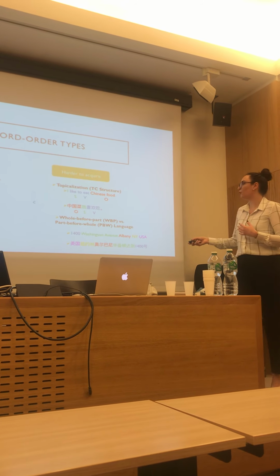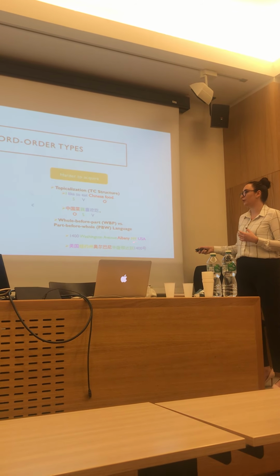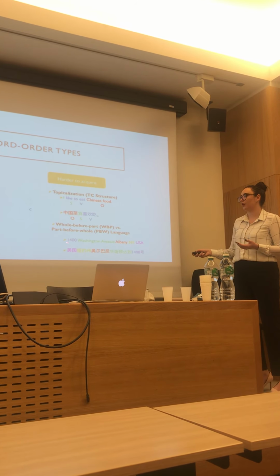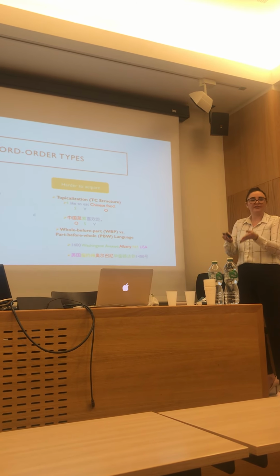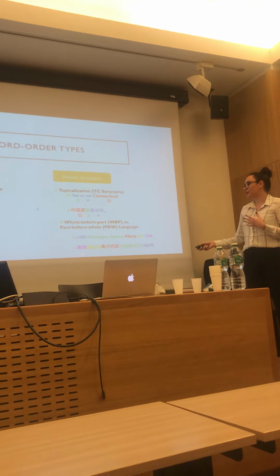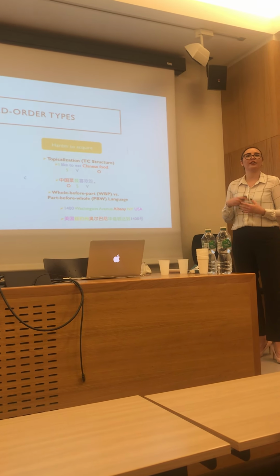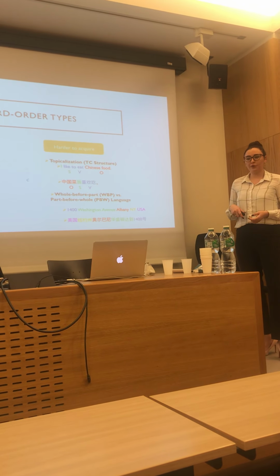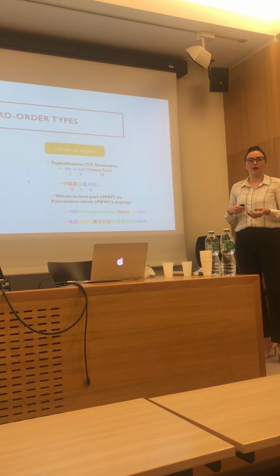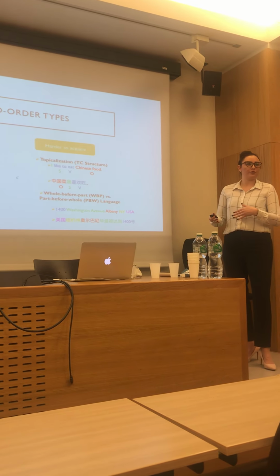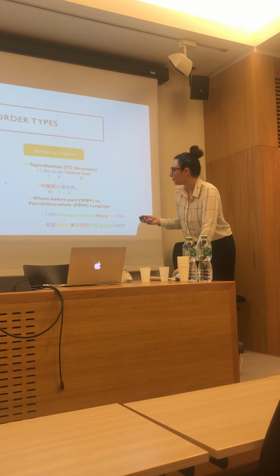And then finally, the whole before part versus part before whole. As you can see, in English we would write something like an address starting with the number and then moving to the country. So this is smaller before larger scope. But in Chinese, they would start with the country and finish with a number. And like I said, I had Australian and American participants in my study, and since I was using dates and addresses, and Australians and Americans write dates differently, I wanted to see how that would play out, so that's another interesting thing I wanted to look for.